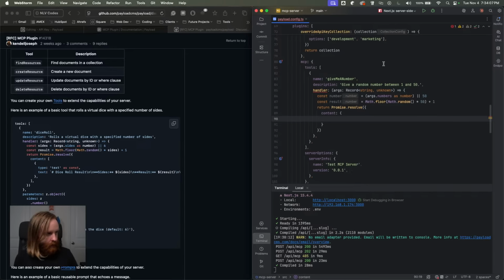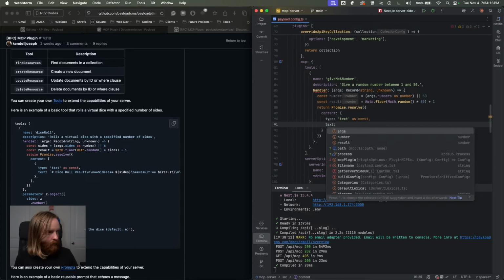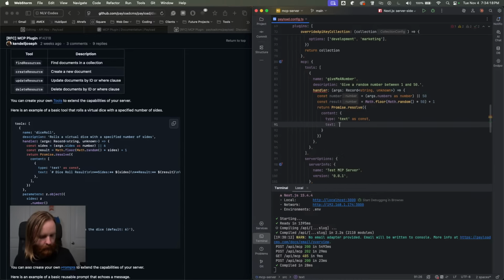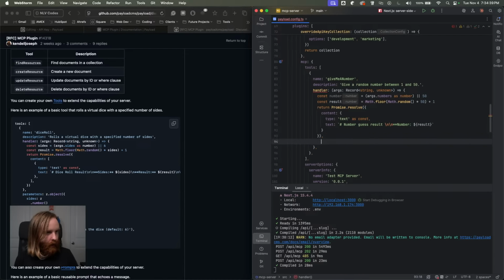And that content will have a type, which will be text as const. And then text, we'll keep this here: number, guess result, some white space, bold, number will be result. And so now we need to provide beneath our handler